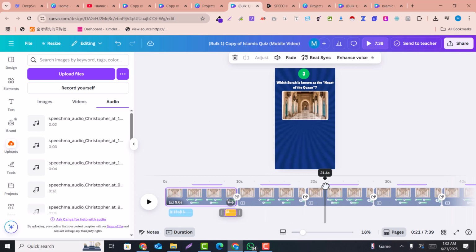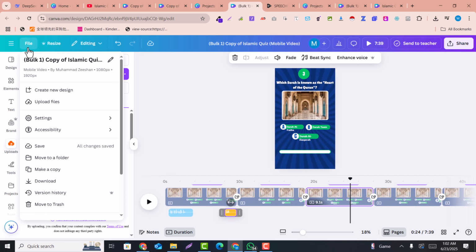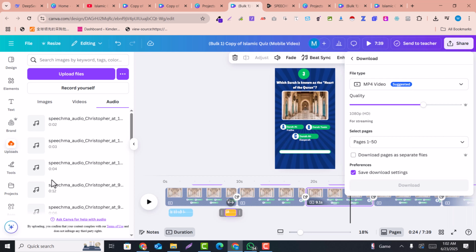After adding the audios, you just need to click on file, and important thing that you need to remember is you just need to click on download and click here download as separated pages. What it will do, it will give you all these parts into different parts.